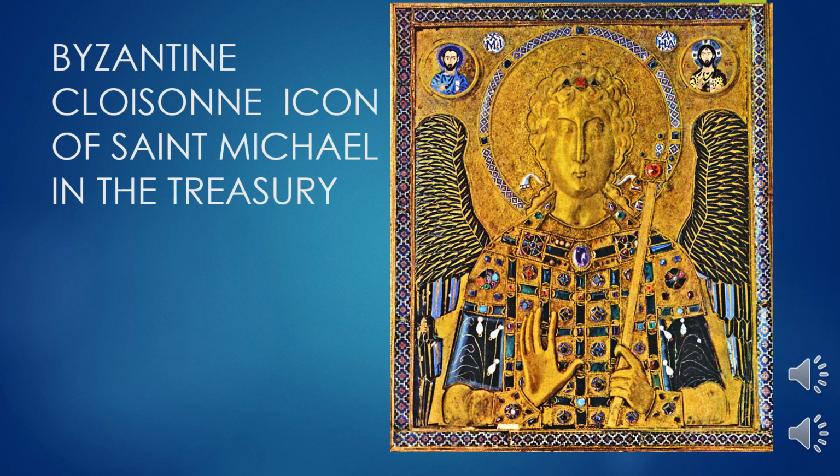This cloisonné icon in the Byzantine style from the treasury is just an example of the beautiful detail and the artistry of taking the human form and stylizing it in this fashion. They do show some depth with the hands and the hand wrapping around the staff and so forth. But notice the use of repoussé also to create the dimensional effects in the hair and the face, and then the inlay of the different semi-precious stones like amethyst and so forth to create this beautiful relic.